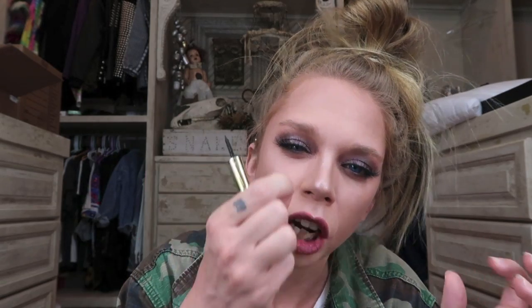Over the years, I've transitioned through the different types of eyeliners that I wear. I started out with just a pencil, and then I did move to a liquid, which was like a brush on, and then I transitioned and discovered gel and applying it with a brush, and I really got into that, and I feel like I got a little bit clumsier with liquid eyeliner, but you guys, this brush,